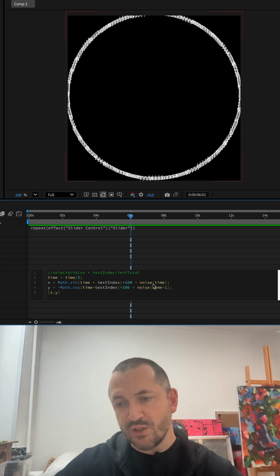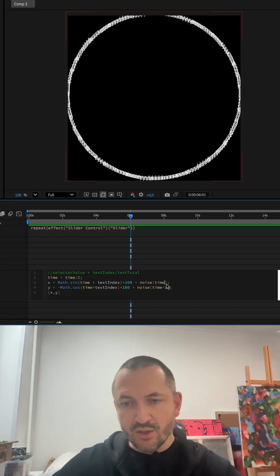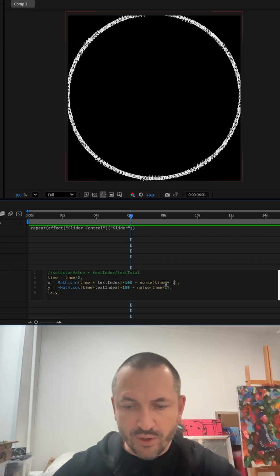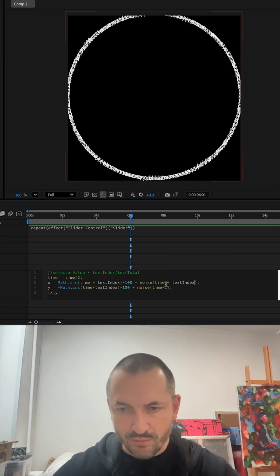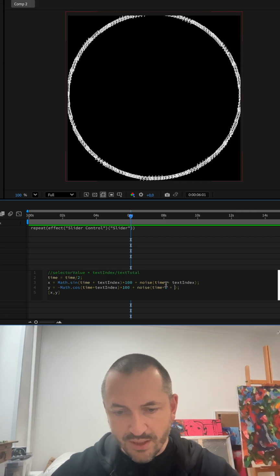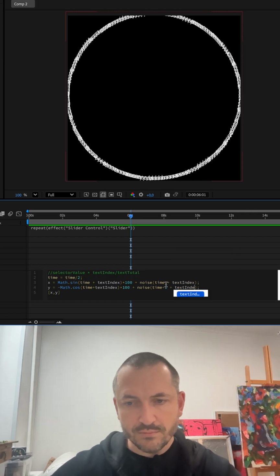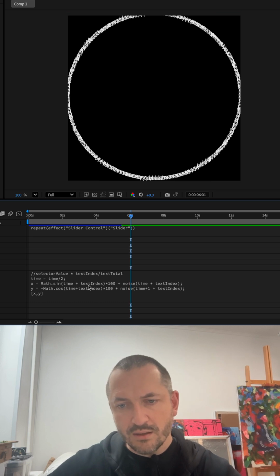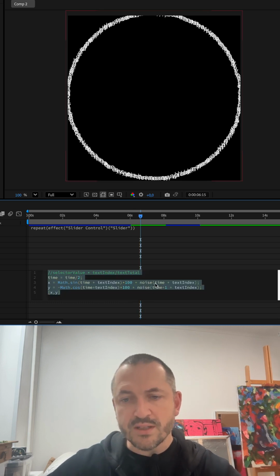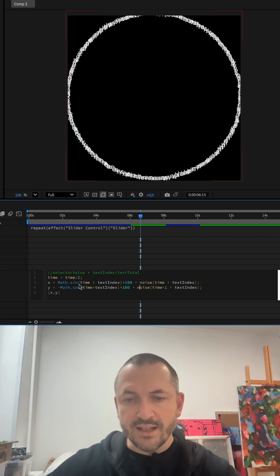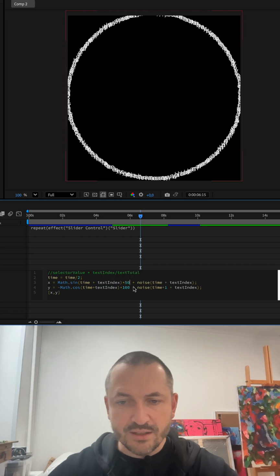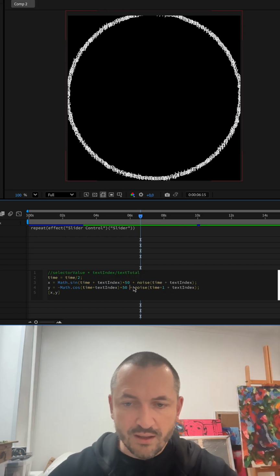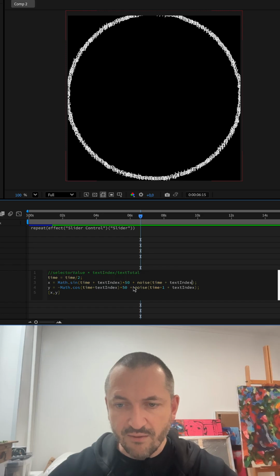In this case we'll have different noise in x and in y, and also we need to do this differently for each character. Text index divided, no, right now just text index, and here also plus text index. Nothing happened. Yeah, why? Because this is a very small amount, plus and minus 1. And here also plus and minus 1, but we multiply it by 100. So let's do that. Sine and cosine will be half of the value, and noise will be the other half of the value. Multiply 50, multiply 50.